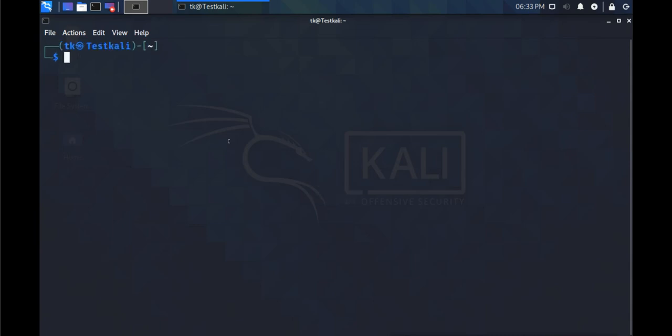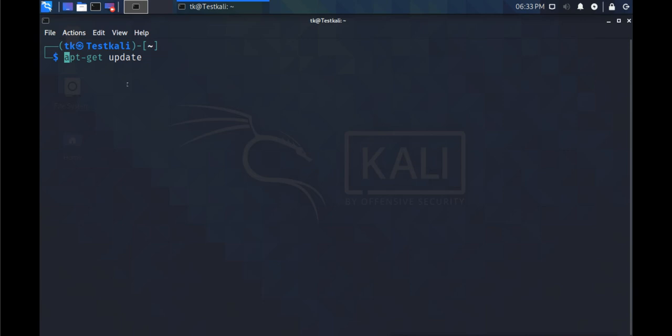Okay, now if you want to update it, you will use the command apt-get update. What will this do? It will update all the available tools and applications in your Kali Linux, and for that it will use the mirror which we have already configured. Now this command should be run by the root user, because updating the system is the root's job. Remember, this user is the normal user. You can see the dollar symbol here, which means this is a normal user.